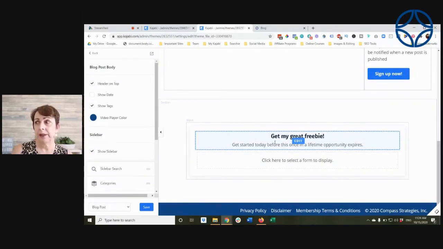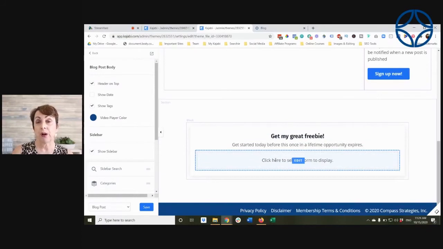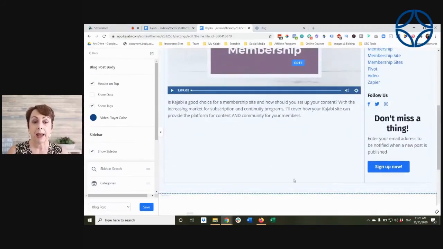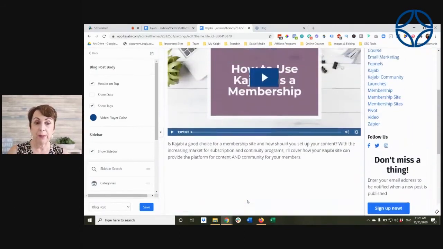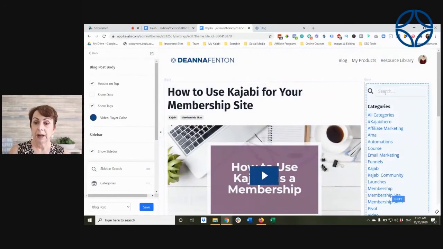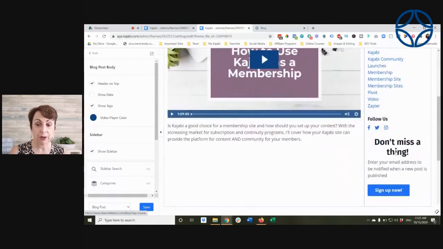That might be kind of what I had at the top, which was a button for them to subscribe to updates to the blog. You could do that, or you could offer them a specific lead magnet that you already have. And you could do all of that within here. Same thing, I can opt to have the sidebar show or not show, and you can still do a call to action and an opt-in in the sidebar as well.